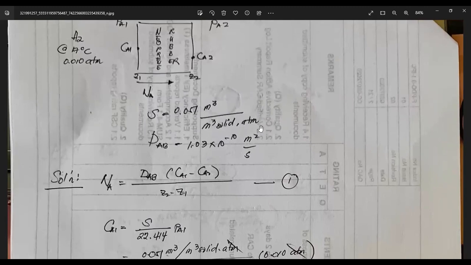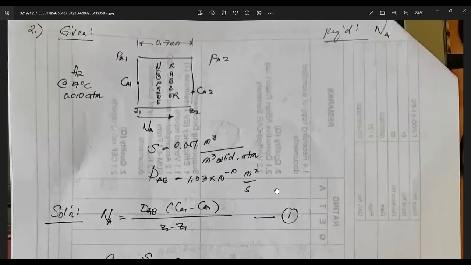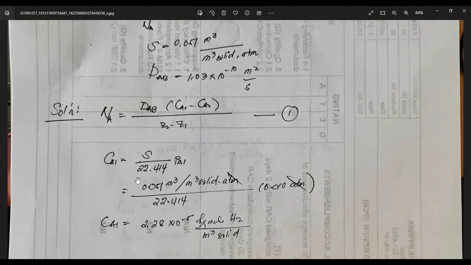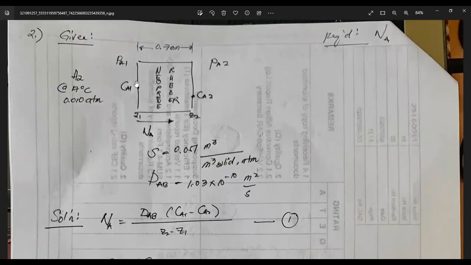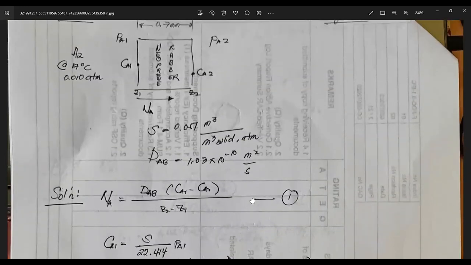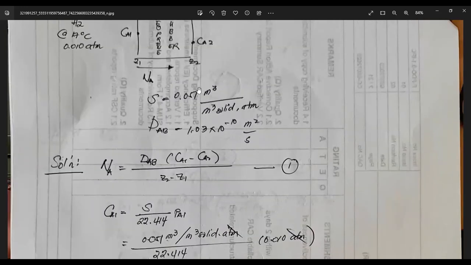pressure, okay? Per unit pressure here, ATM, and this is your diffusivity. Your formula is this one. In the case of gas diffusing through a solid, your concentration here is the solubility divided by 22.414 times PA1, the pressure at this side. You substitute what is given in the problem